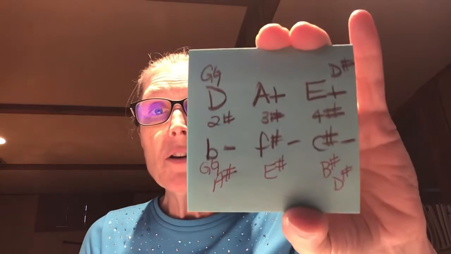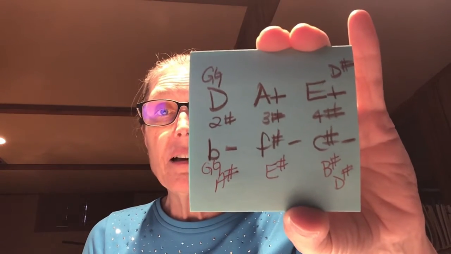But we don't stop there. We have to say my relatives are B minor for the relative of D major, F sharp minor, and C sharp minor. And now we have to say, stop before we start. We still have the G natural from above in B minor, but we also have an A sharp for the raised leading tone. We have an E sharp for the raised leading tone of F sharp minor, and we have a B sharp for the raised leading tone of C sharp minor, and we still need our D sharp because we're in 4 sharps. So before you go anywhere, you want to make a chart that is based on your